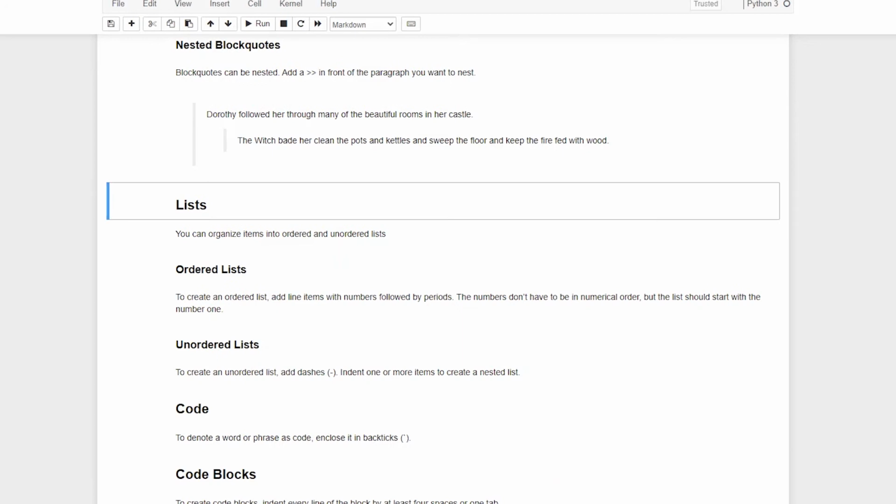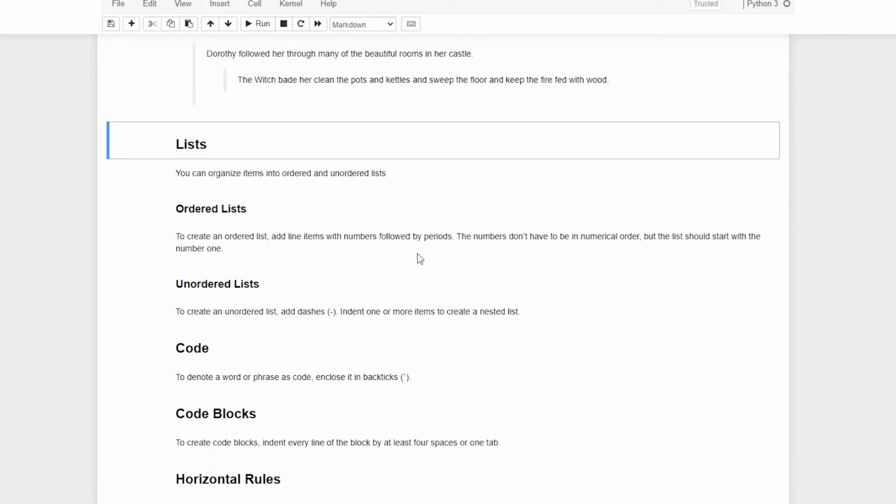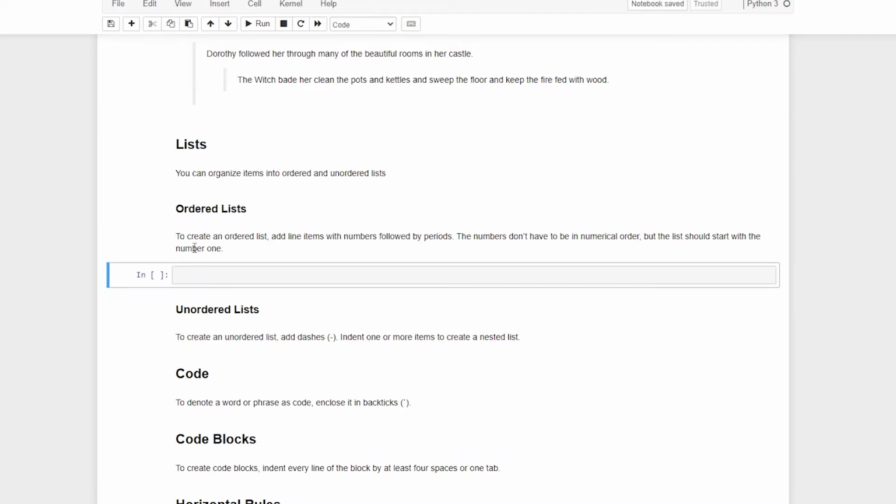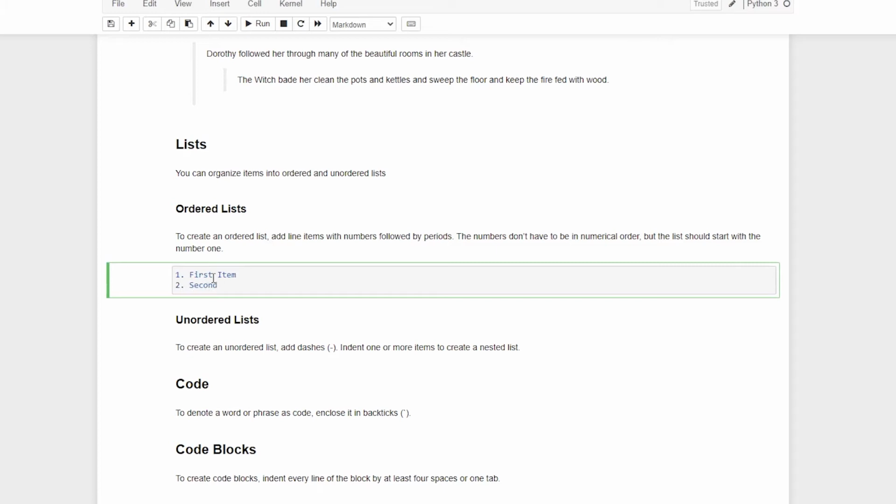Pretty simple. Now let's go ahead and look at lists. We have unordered lists and ordered lists. To have an ordered list, just add line items with a number followed by a period. Pretty simple. The numbers don't have to be sequential, but the list should start with the number one. It says you need to start with number one, and it will just give the output. I think this is the normal thing to do, just write one. You can say first item, then second item,